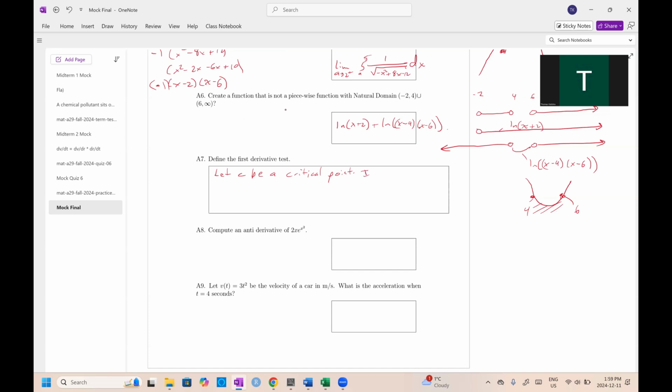If f of x is increasing, or if f prime of x is greater than 0 just before C and f prime of x is less than 0 just after C, then